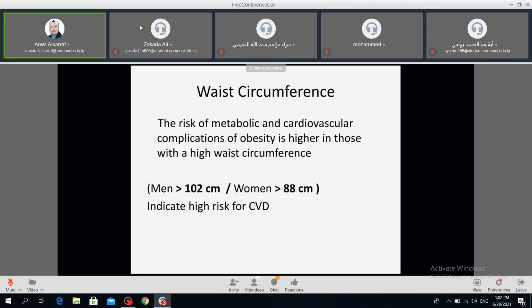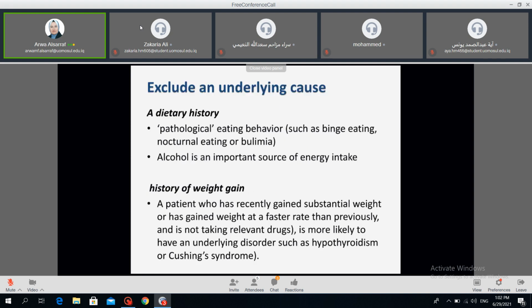The other important thing to do is, as we say, to exclude the underlying cause. So we need to take a detailed history from the patient. I need to discuss with him the dietary history. There is some pathological eating pattern, for example, binge eating, اللي هو الشراهة في الأكل, and also nocturnal eating, اللي